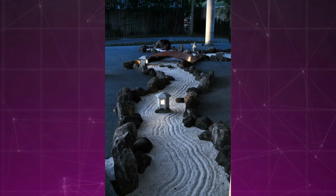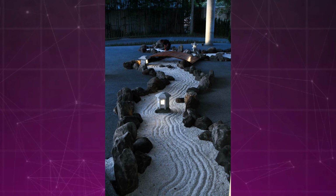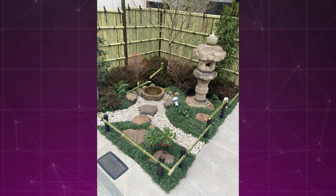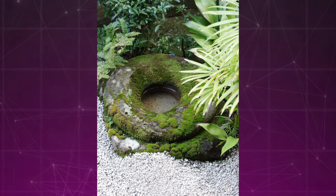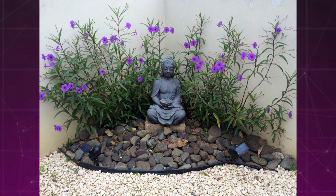Remember, your Zen garden is a lifelong exploration. As you learn, experiment, and connect with its deeper meaning, you'll find it becoming more than just a beautiful space. It will transform into a personal sanctuary, a reflection of your inner peace, and a constant reminder to seek harmony